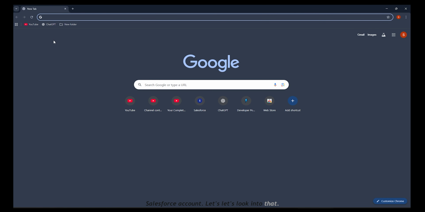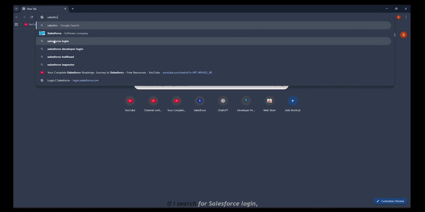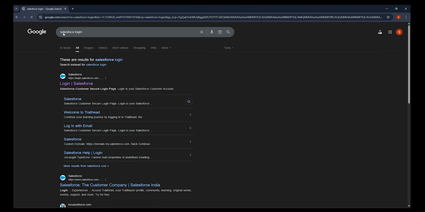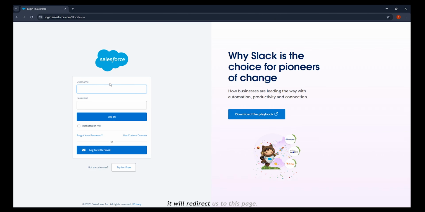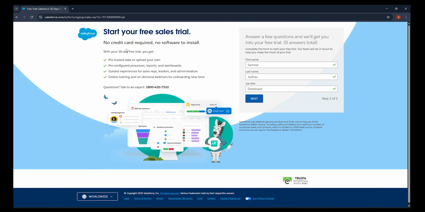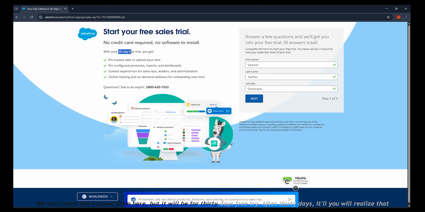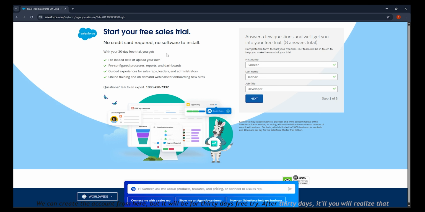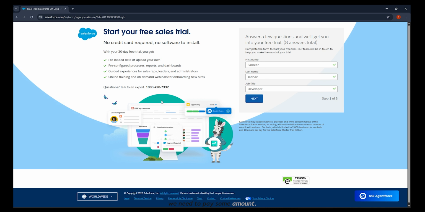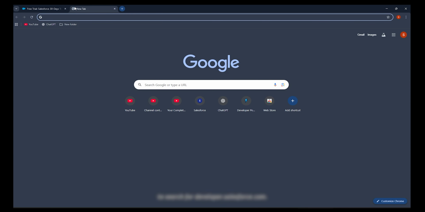Let's look into that. If I search for Salesforce login, it will redirect us to this page. And if we try to create the account from here, try for free, we can create the account from here, but it will be for a 30 day free trial. After 30 days, you will realize that we need to pay some amount. Okay. So instead of that, I would suggest to search for